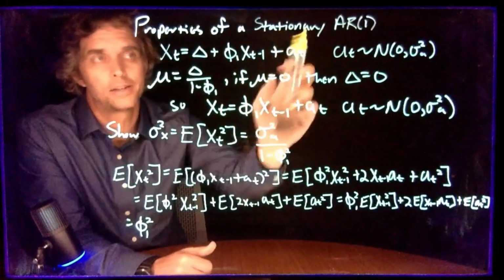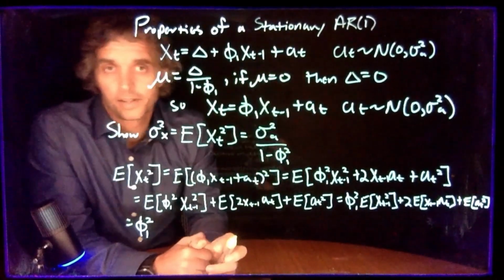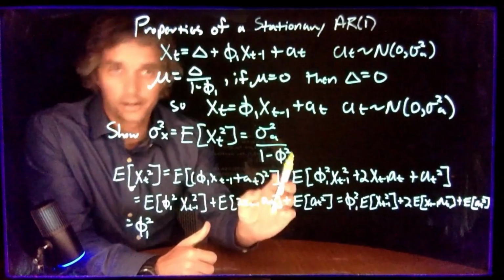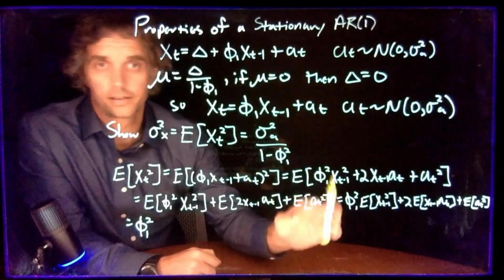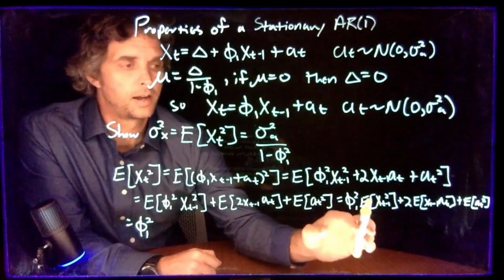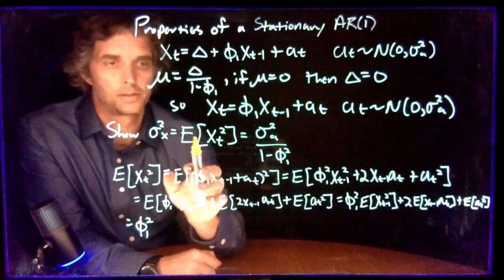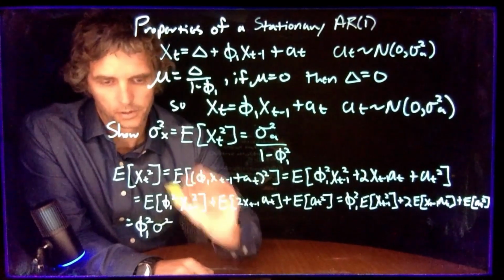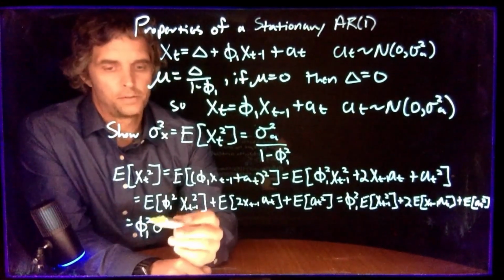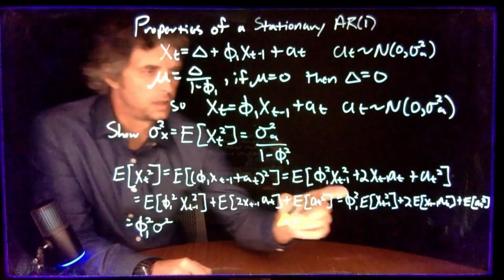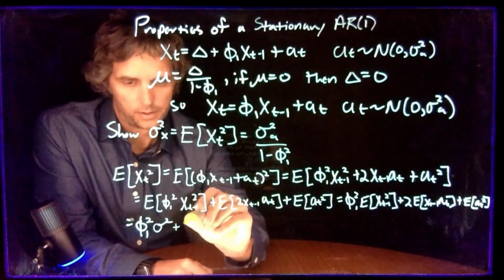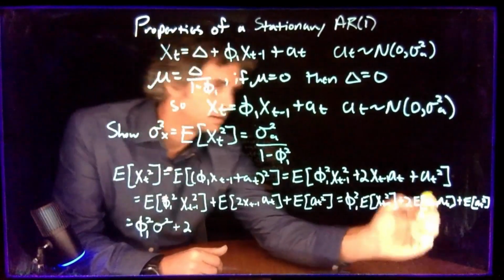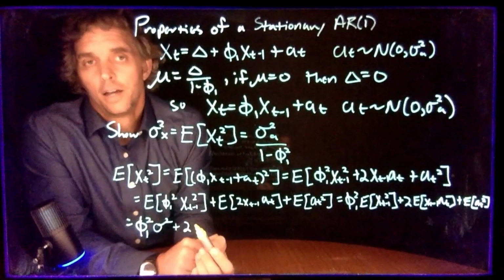But since xt minus 1 is coming from the same process as xt, we know that's a stationary process, that the variance has constant variance over time. So the variance of xt minus 1 is the same as the variance of xt. So that will just be sigma squared. So I've got phi1 squared sigma squared plus 2 times, now xt minus 1 and at,